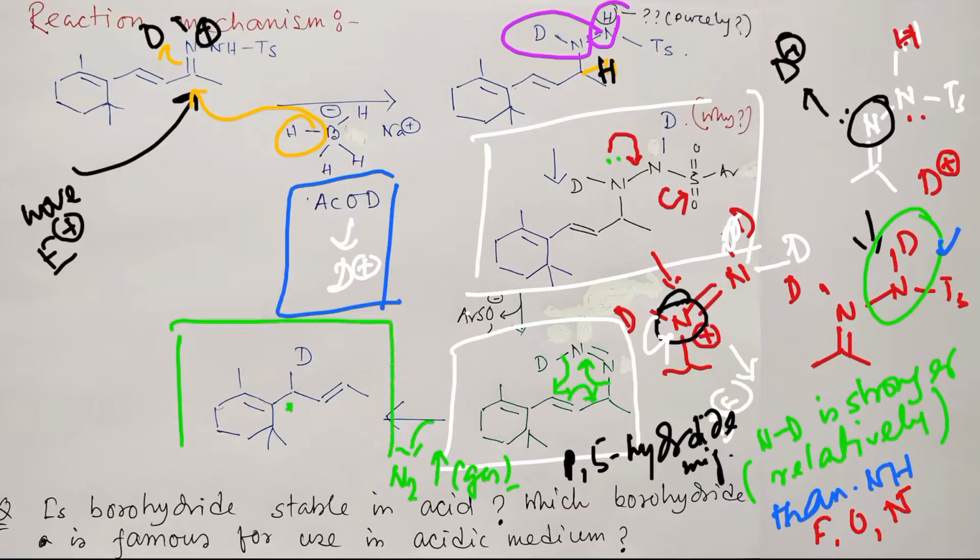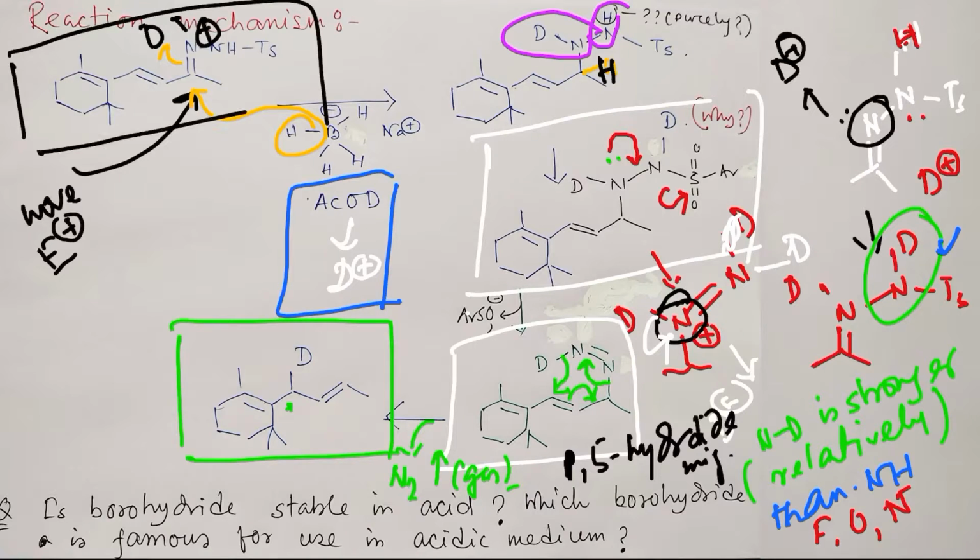This is the product. By the way, when you look at such a molecule, the first thing that comes to your mind is that such a molecule can undergo the Shapiro reaction. And in the case of the Shapiro reaction, where does the hydrogen attach? The carbonyl carbon. But see, in this case, the hydrogen didn't attach at the carbonyl carbon; it attached at the allylic position. So that is the difference of this reaction compared to the traditional Shapiro reaction, and you can remember the story in this way. Such chemistry could be a very good example for an MCQ.